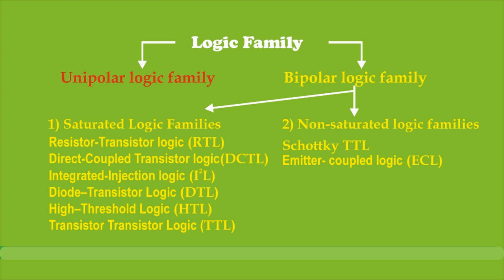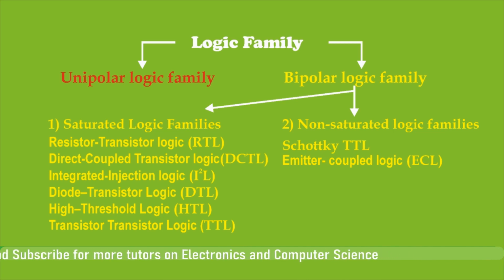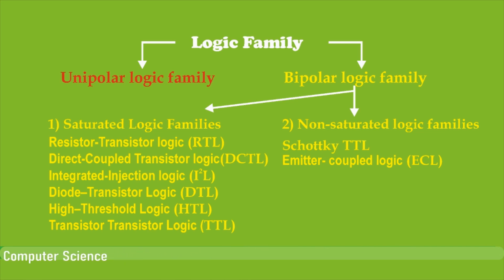Now the second type in the bipolar logic family is the non-saturated logic families. We have already discussed saturated logic families. Now let us discuss non-saturated logic families. In saturated logic, as I said, the transistor is fully on, but here, consider that diodes require 0.7 volt to turn on or to start conduction. So only the minimum current needed to turn on the device is used here. That means if 1 volt is used, the transistor will be on because the diode will be forward biased inside the transistor.